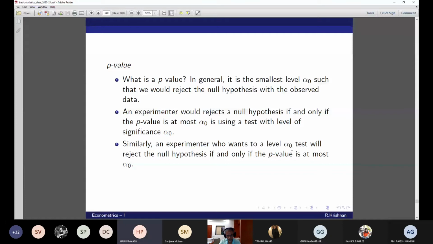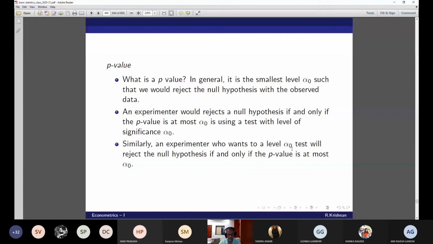Yes, sir. So if the probability is greater than 0.0237 in the given example, then we will reject the null hypothesis, right? Yes, 0.02 is greater than, yes, that is the smallest level. This is the smallest level. You don't have to worry about the greater point of view. This is the smallest threshold level at which you would reject the null hypothesis. If it happens to be 0.3%, that is fine.